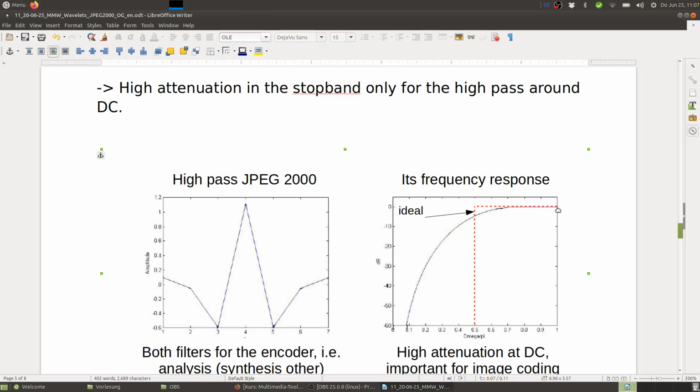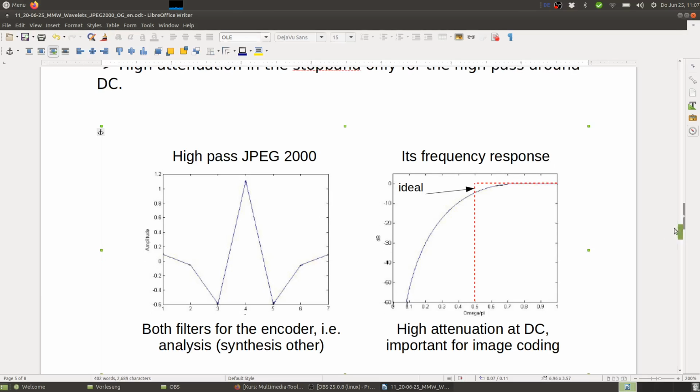So here you can see the dashed red line is the ideal passband. In the passband it looks really good, right? So almost perfect. And then the stop band, so-so. Here, close by the passband, this looks like a very broad transition band. And then here you get very good attenuation at frequencies below, say, 0.1 normalized frequency, where 1 would be Nyquist,